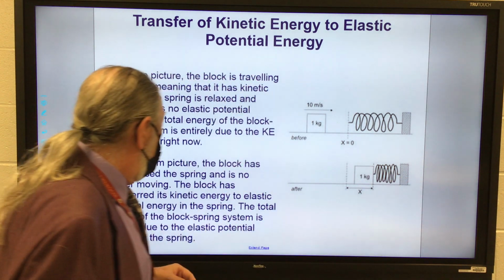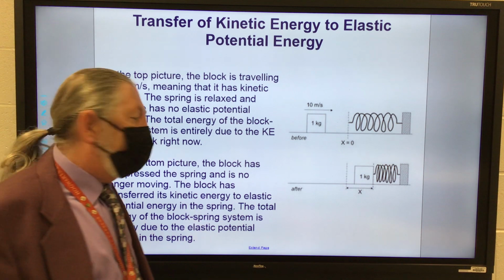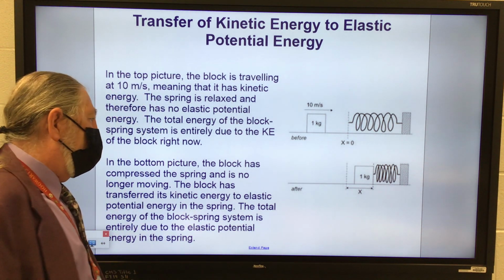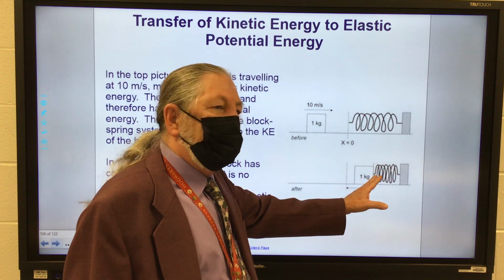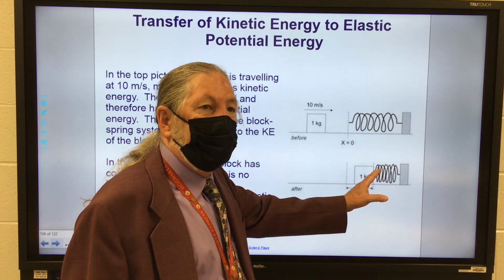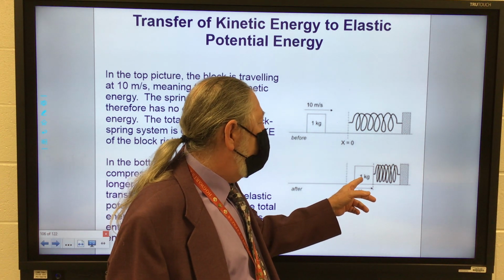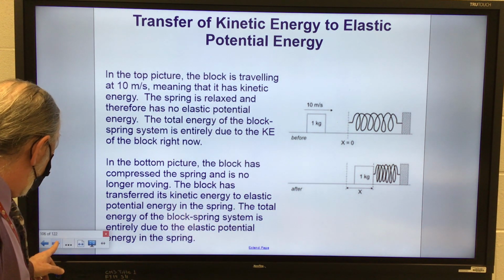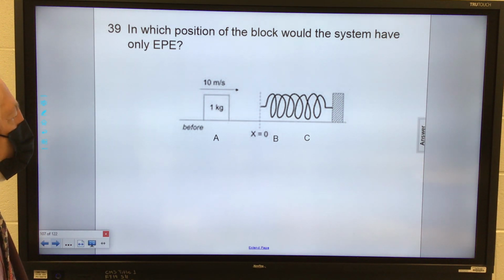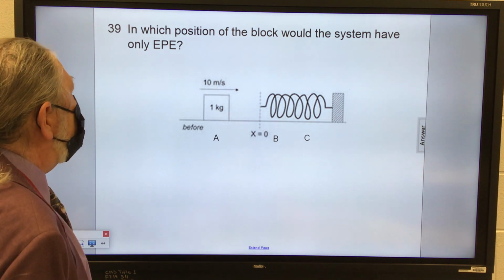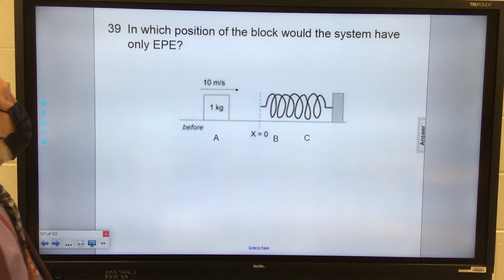Does that make sense? So the total energy of the block-spring system is entirely due to the elastic potential energy in the spring. This is relaxed, there's no energy. This is compressed, there's potential energy. There's kinetic energy here, and there's potential energy here. Okay, so let's look right here. In which position of the block would the system have only